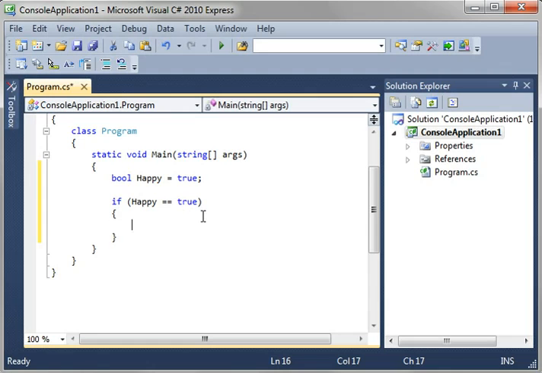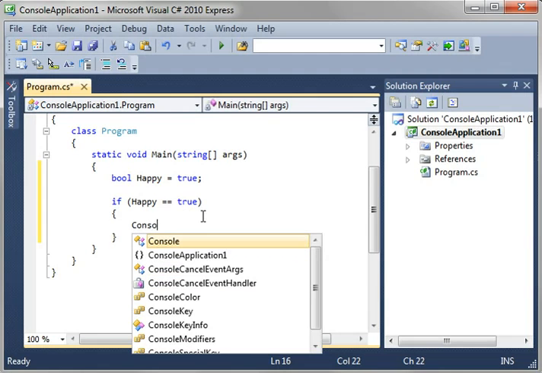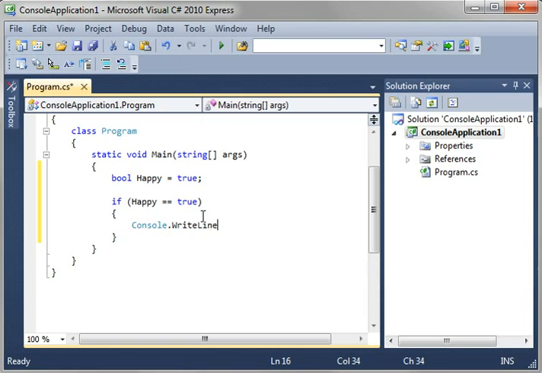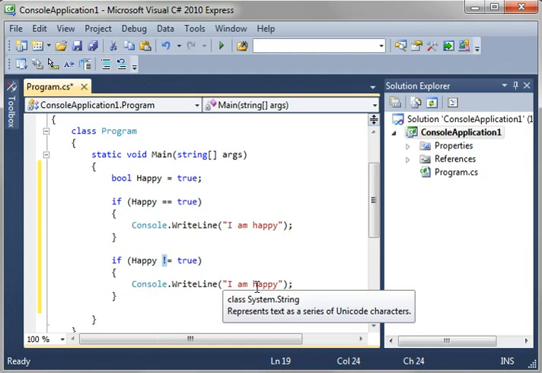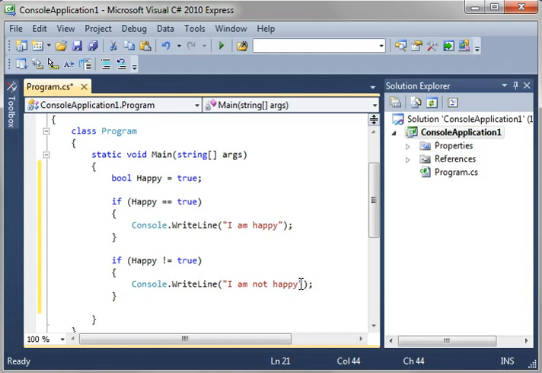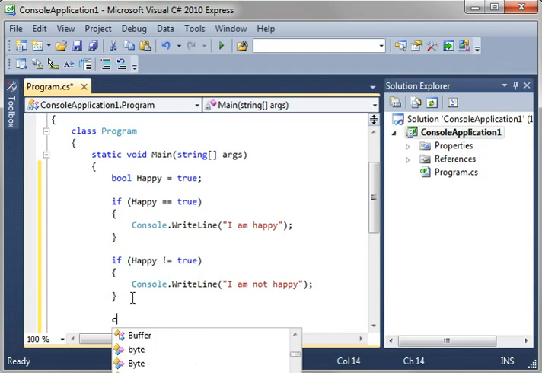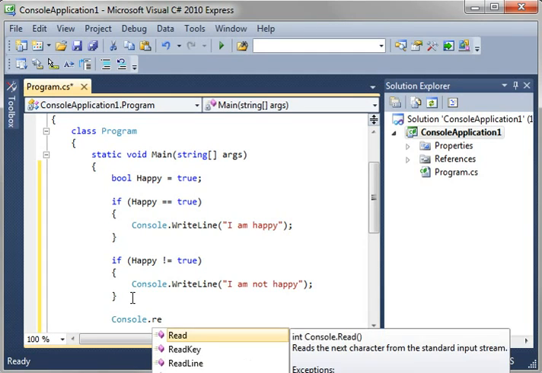So if happy equals true, then what we need to do is something here. So we'll say console dot write line, I am happy. Now let's say we want to see if we're not happy. Well, you could write another if statement. In other words, you could just take this and say if happy and do an exclamation, not equals true. That's what the exclamation means, it is not. If happy not equal true, then I am not happy. And then let's go console dot read line,